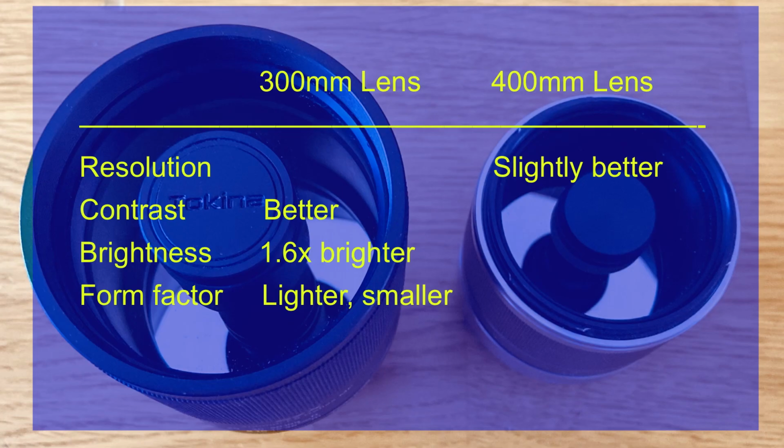My impression is that the 400mm lens is not optimized for the Micro Four Thirds system, and after looking at the daytime images, I have seen that there appear to be a bit of reflections inside the lens barrel or the adapter. My guess is that this may be the reason for the lower contrast in the images of the moon. The reflections make the images more washed out. I will make a daytime comparison later to see if the 400mm lens may be better for other types of